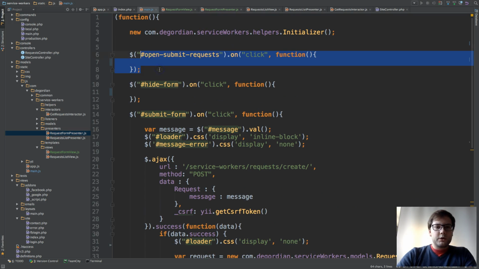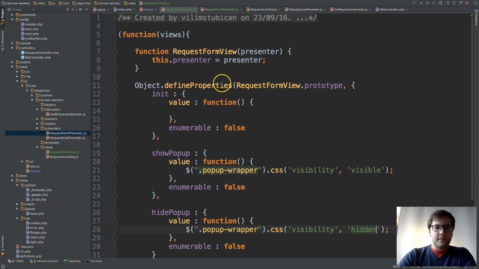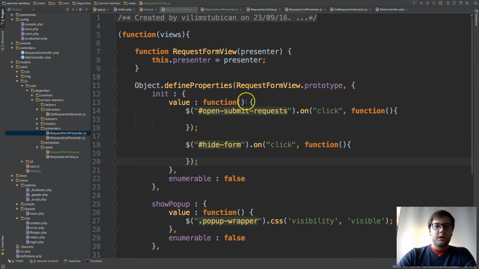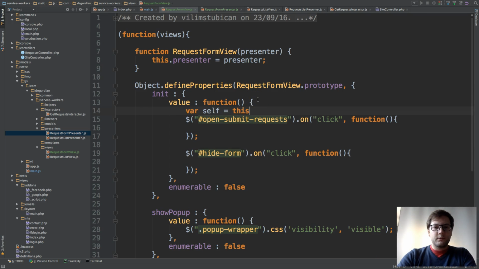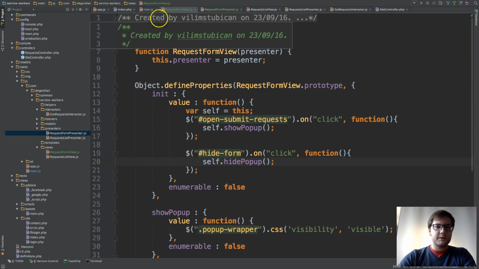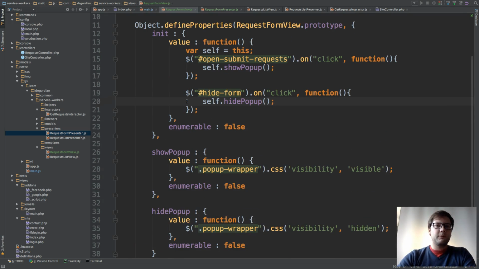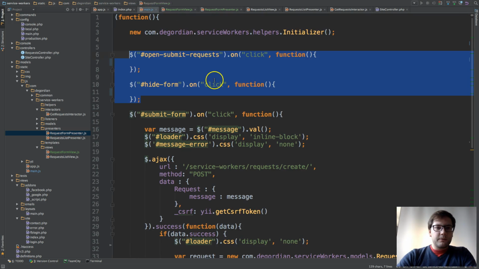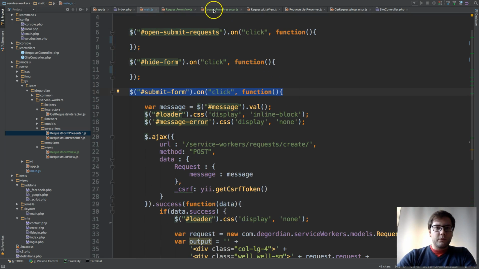So now I'm going to just take these two, which are specific click events, and I'm going to set those into init. And these will just trigger show pop-up and hide pop-up. Right, so we're hiding some stuff behind a specific function. This is first thing that is going to be fixed, right? So next thing we have is submit form, which is actually just submit it and pass some certain